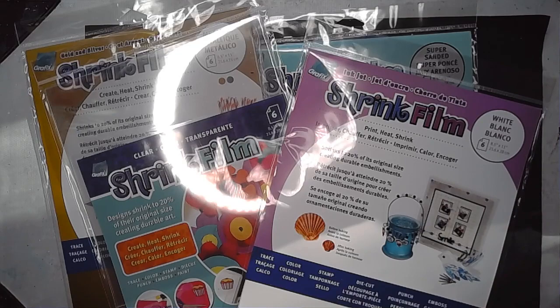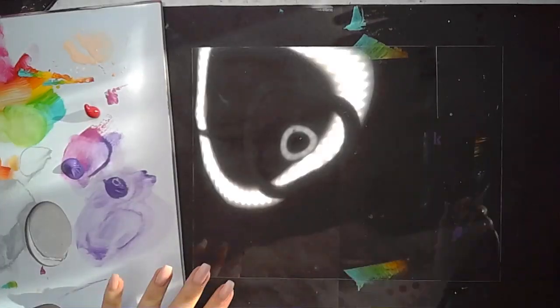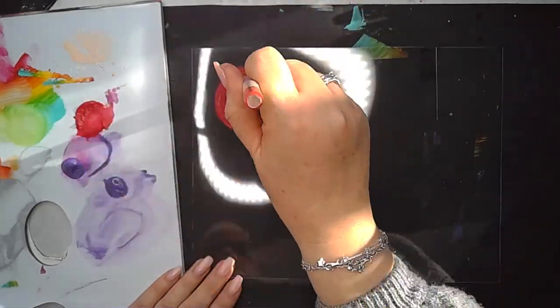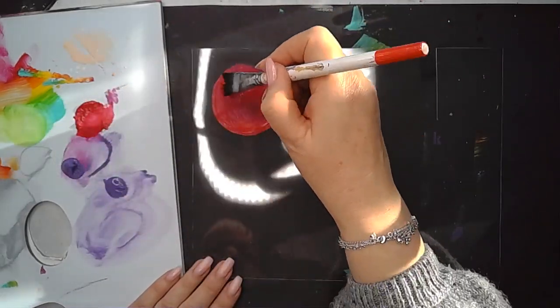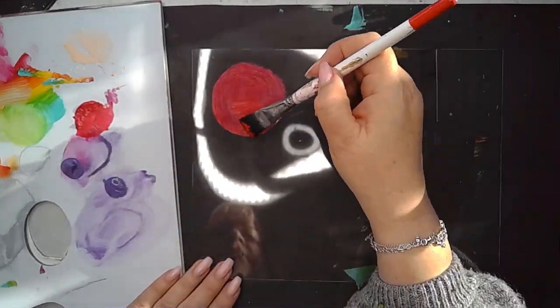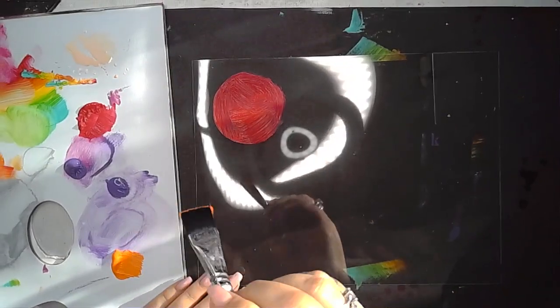They do lots and lots of different types of shrink film. There's sanded, there's metallic ones, there's black, there's white, but I am using the clear one for this project. So I'm going to use the same colours that I used on the rainbow, and I'm just going to go in and paint some circles, and then I'm going to pop it to one side and leave it to dry,